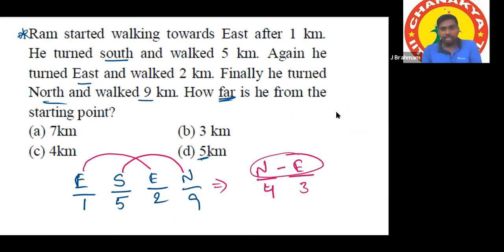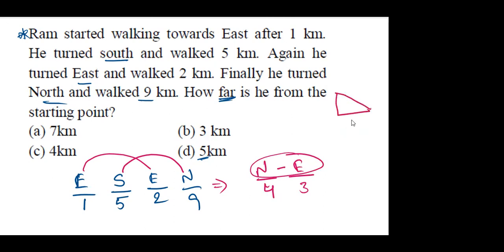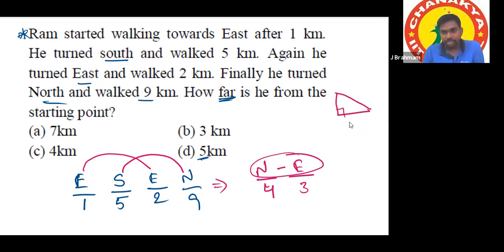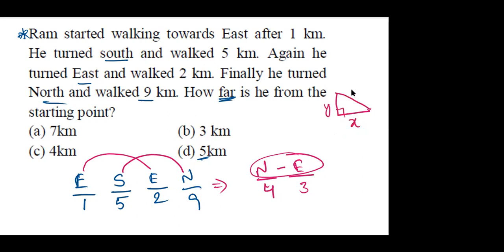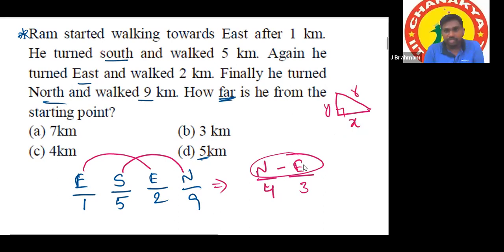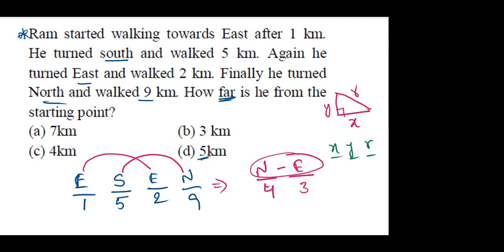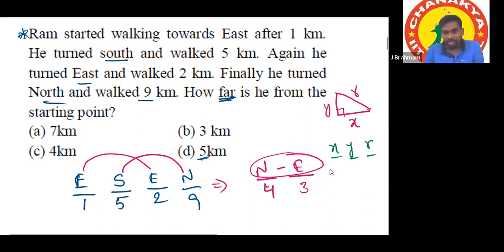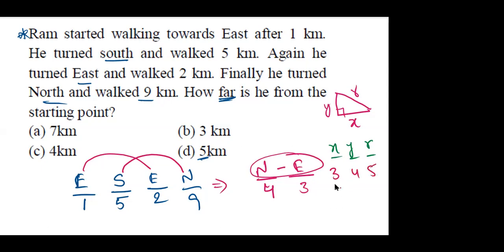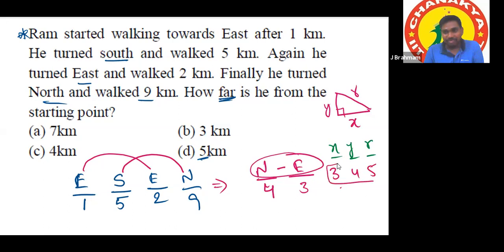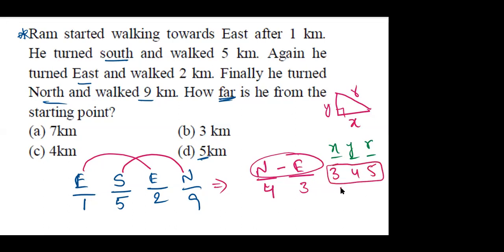Okay. In your free time, try to do one more thing: practice some right angle triangle triplets. Suppose Pythagorean triplet x, y, and r values. Can you tell me some values for x, y, and r? Sir, 3, 4, and 5. Yeah, we got one. 6, 8, and 10 is also a triplet, any common multiples. Sir, 5, 12, and 13. Very good, correct.